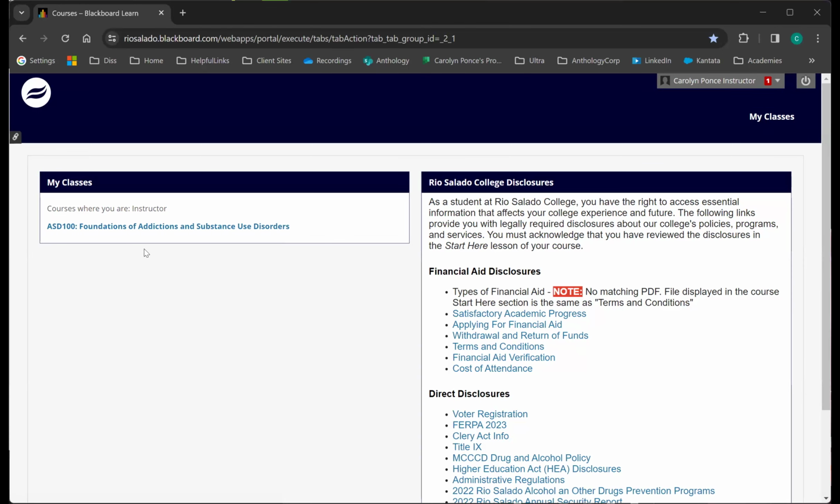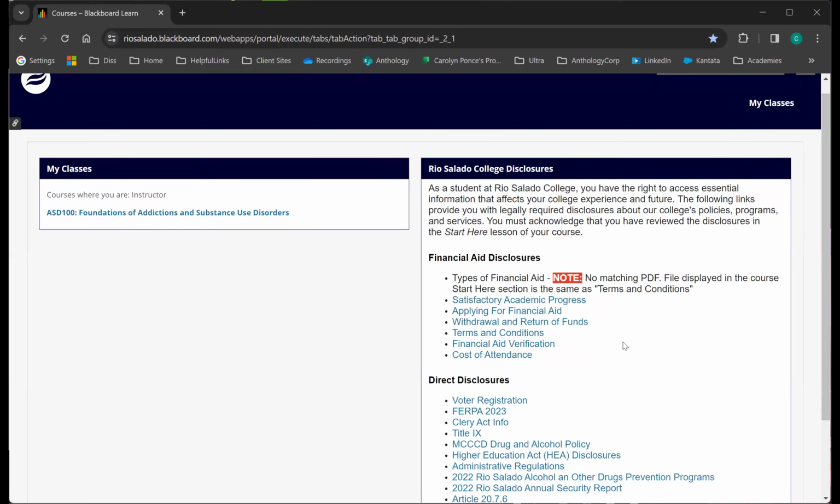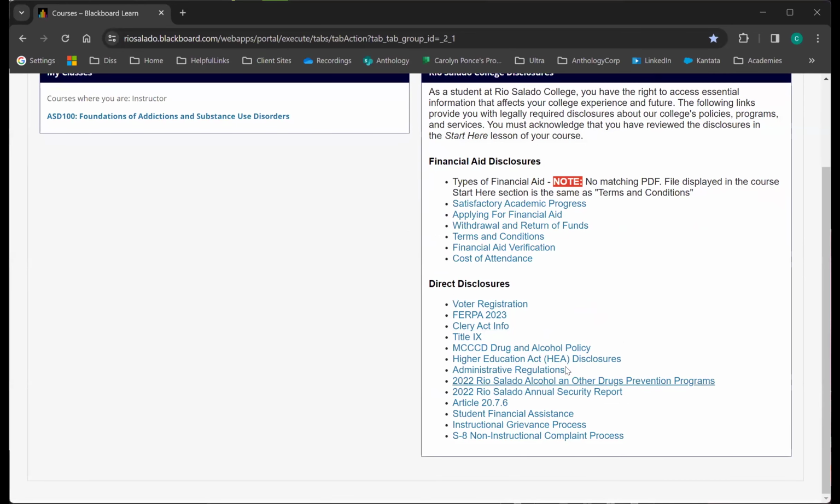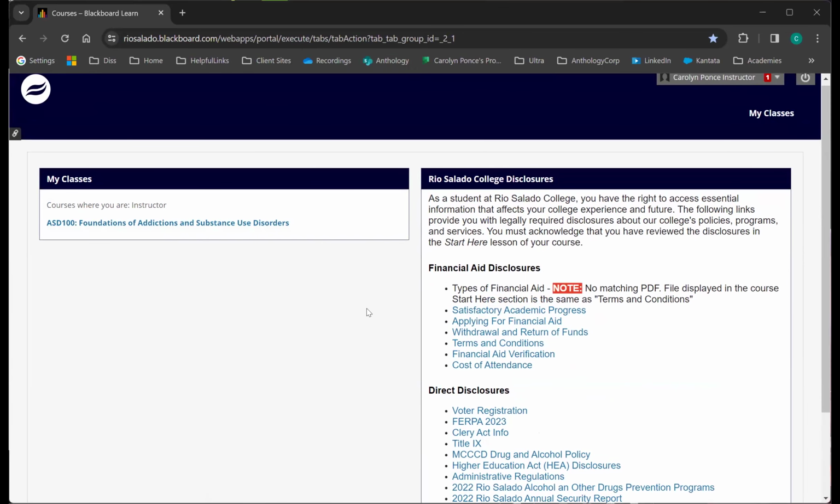So I'm on my classes tab. That's the course that I'm currently enrolled in as an instructor. And here's the list of the disclosures. Your team may provide other information at a later date on this particular tab if they choose to. In my own system, this was a place where I put any major announcements for the institution that my students or my faculty needed to be aware of. So if you do see any other modules show up on this page, read through them, it may be important information for you. These boxes are called modules.